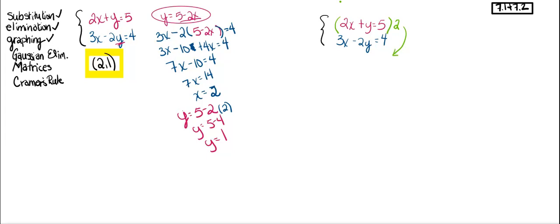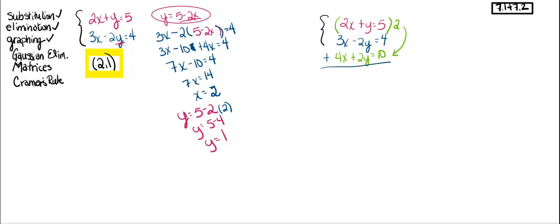When I do that, I'm going to rewrite the new equation underneath. 2 times 2x is 4x. 2 times y is 2y. And 2 times 5 is 10. So now my pink equation has turned into a green one. It's the same value, it just looks different. Let's see if I add them up. If I add straight down,